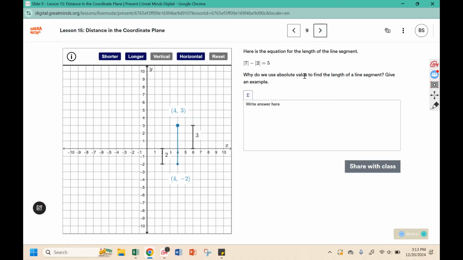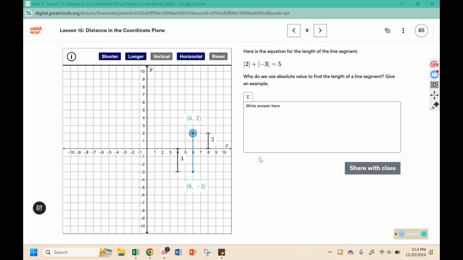Why do you use absolute value to find the length of a line segment? Give an example. Okay, so here's the one that matches the points I have here. You can see it has the absolute value, but this time it has addition in the middle. And so I have a 2 and a 3. It says, why do you use absolute value? Give an example. Well, if we used